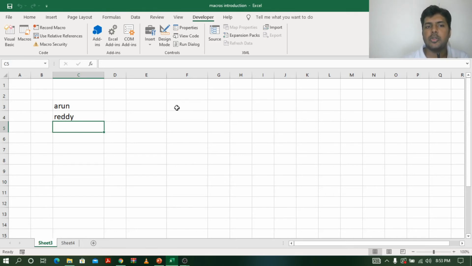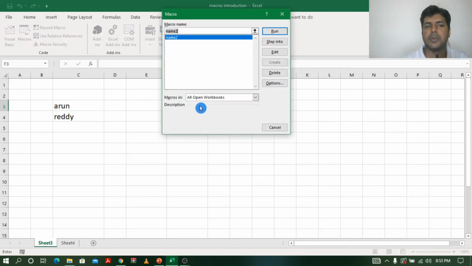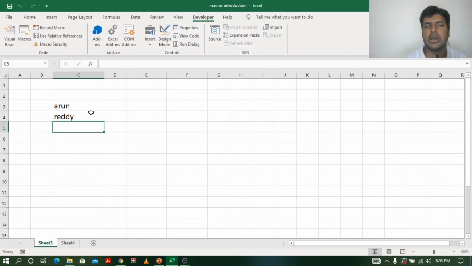Suppose I want to type Arun Reddy in F4, F5. If I run the program, what happens? I will place the cursor and run the program. See, again it will go to the same place. So in absolute reference it will go to the same position and run. Even if you are using different sheets, it will go to the same cell number and run. Suppose you want your program to run in the current cell where you place your cursor, for example, if I place the cursor in F3 the program should run from here. Then you have to use relative reference.